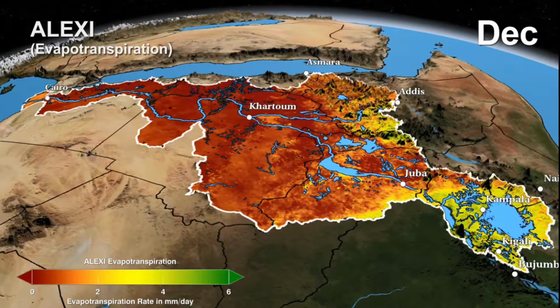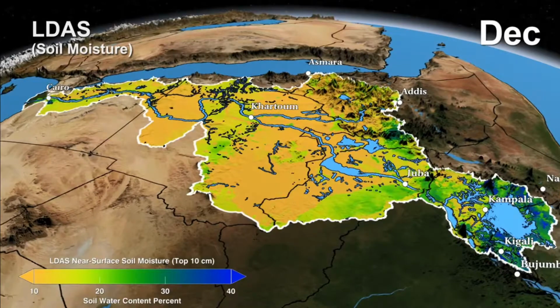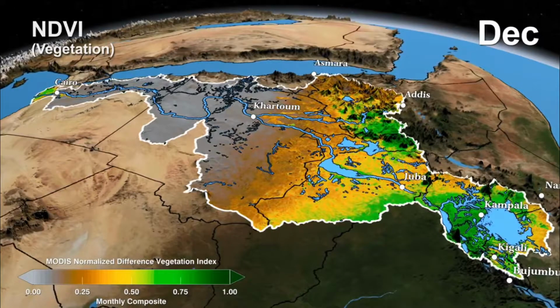As for the evapotranspiration observations, we look here at the top 10 centimeters, and all of these satellite observations use NDVI, or Normalized Difference Vegetation Index, which is a variable measuring the healthiness or the greenness of vegetation. All of these variables can be used to assess the amount of probable stress which can be present on these agriculture fields.